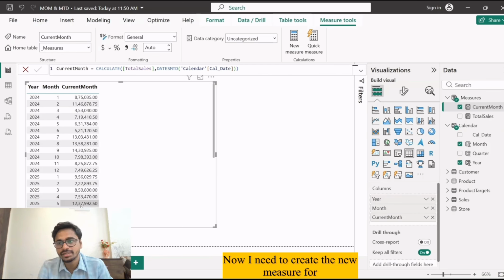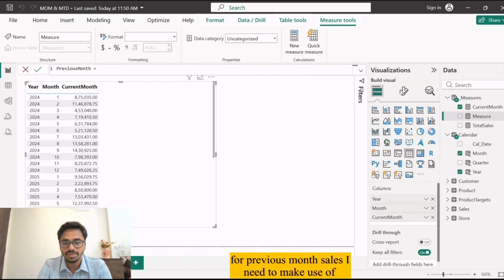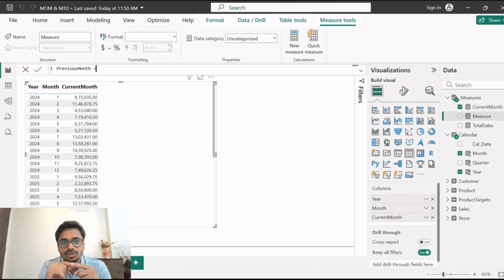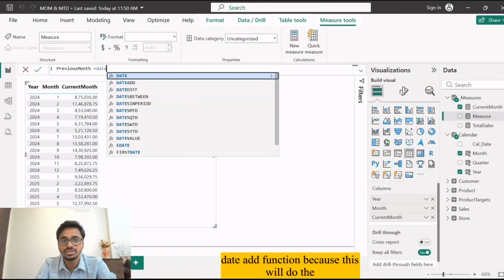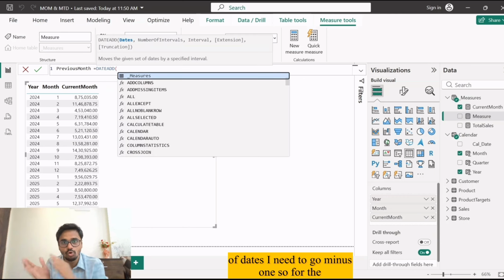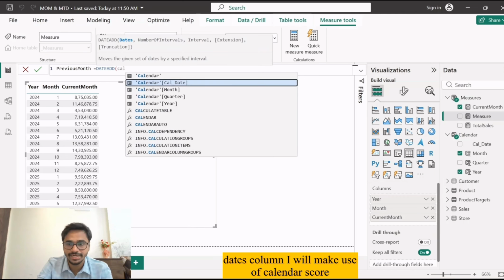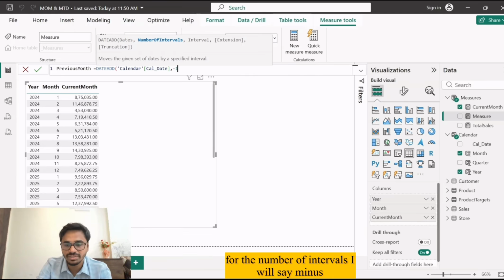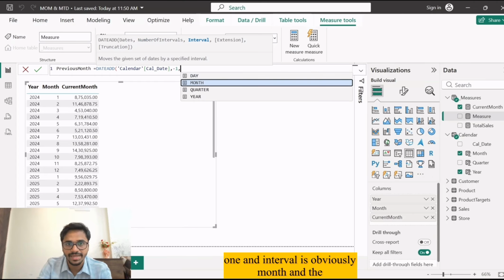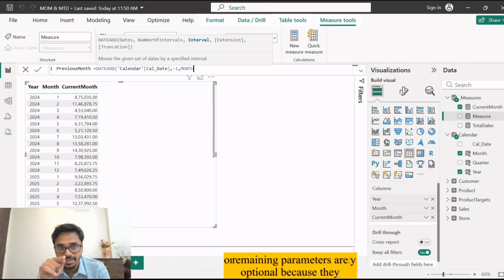Now I need to create a new measure for previous month. Let's call this measure previous month. For previous month sales, I need to make use of the DATEADD function because this will do the shifting of dates. I need to go -1. So for the dates column, I will make use of Calendar[Date]. For the number of intervals, I will say -1. And the interval is obviously month, and the remaining parameters are optional because they are in square brackets.